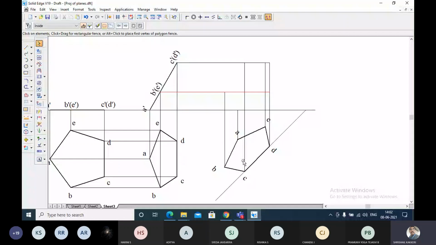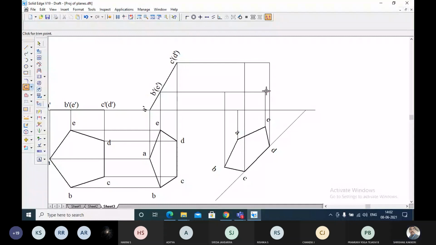And A, B, C, D. D is on the same line and this is the line D. This is the point D. And E, it is E, this line and this line. This is the intersection, so I need to remove this. Now let me name them once again.